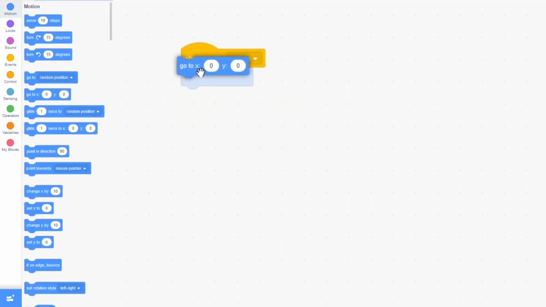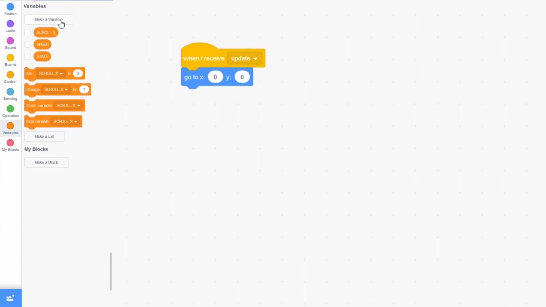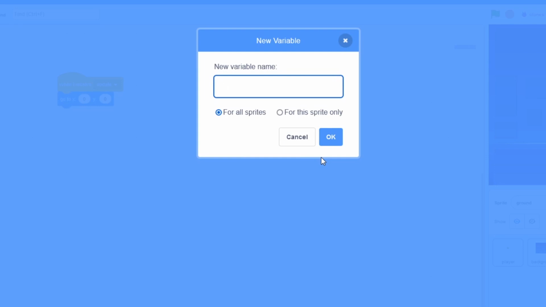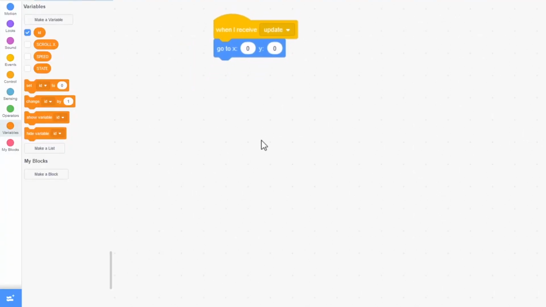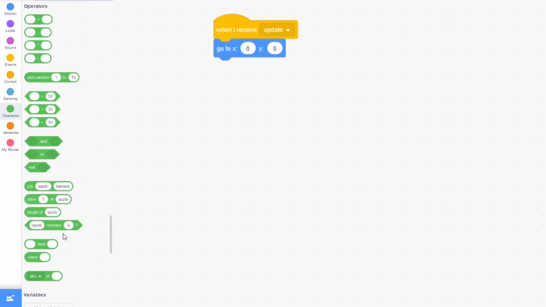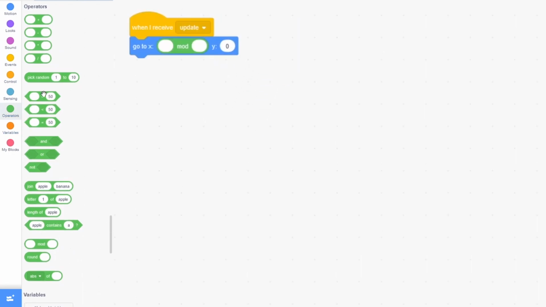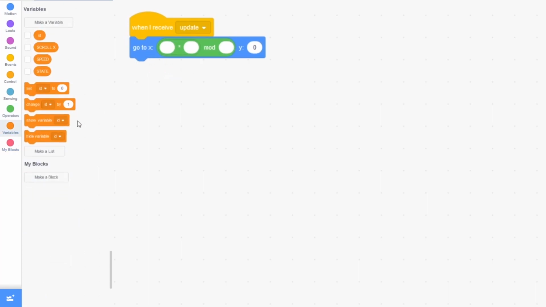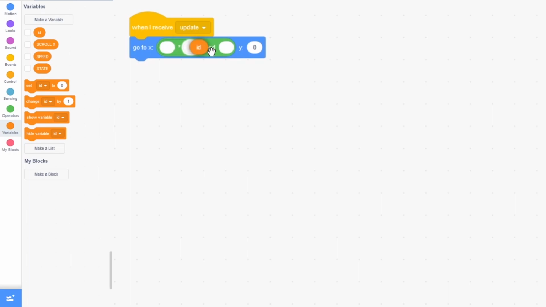Go to X0, Y0, and click on variables, make a new variable for this sprite only. Make sure to click on that and call it ID. It doesn't have to be all capital this time because it's only for this sprite. Then go to operators and drag out the mod block and drag out the multiplied block, and go to variables and drag out ID, put that in the last one, SCROLL X, put that in the first one, and here